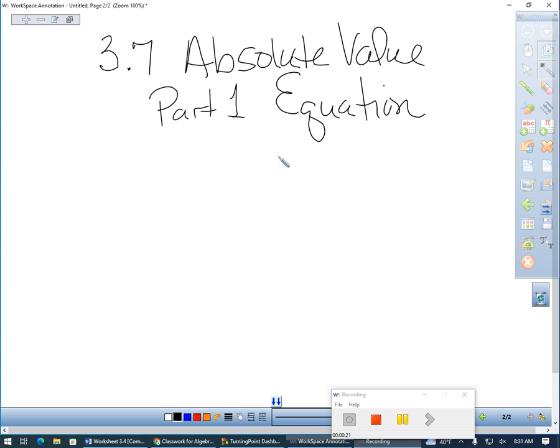So now who can give me a definition of what absolute value means? What is it, Caden? Okay. So what's the actual definition? Do we know? Okay. So,